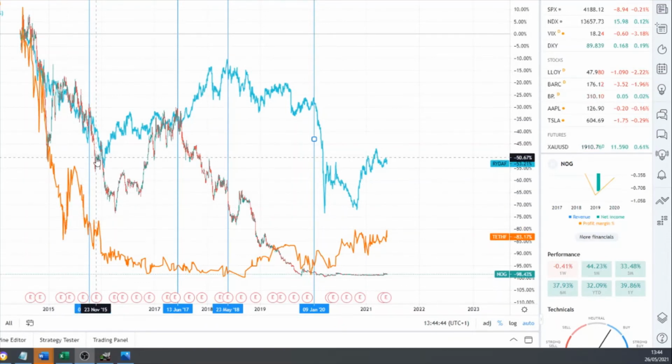Going from 2015 through to 2017, Tethys continued to fall and start to consolidate in here, while Nostrum Gas and Oil actually made a recovery and started to follow the trend again alongside Shell. However, it was from 2017 to 2018 where Nostrum Gas and Oil did start its big share price fall, while Shell continued to rise higher, and while Tethys continued to consolidate, although with some little minor bits of volatility along the way. Then we had 2018 to 2019. At that point, Royal Dutch Shell continued to fall in price along with Nostrum Gas and Oil, and it was at this point in time where Tethys reached its bottom and started to make signs of recovery,